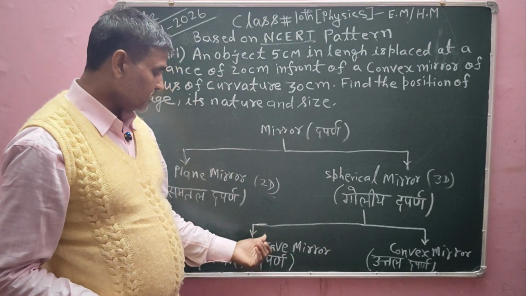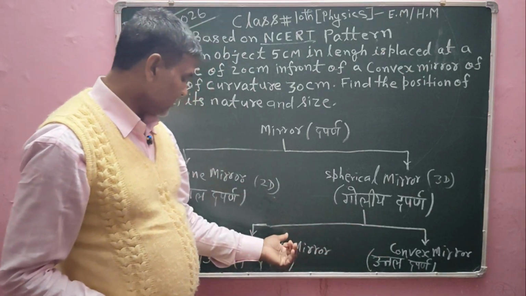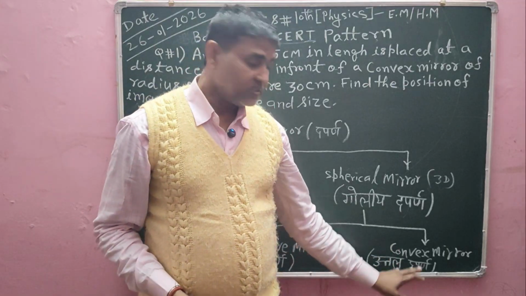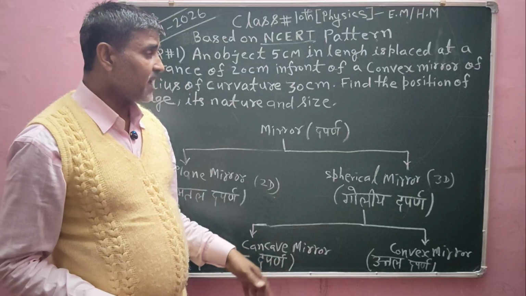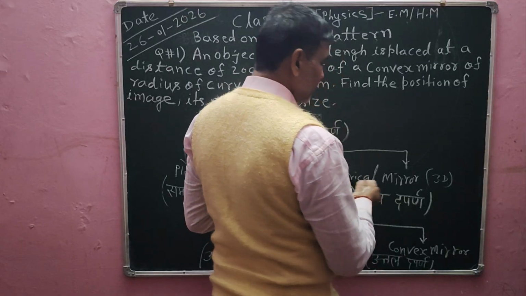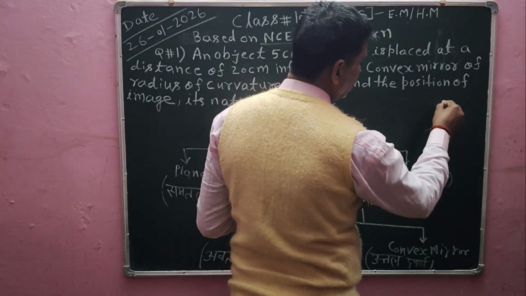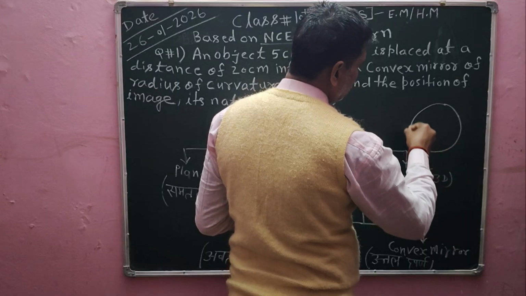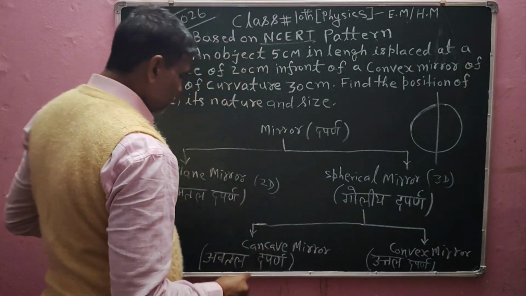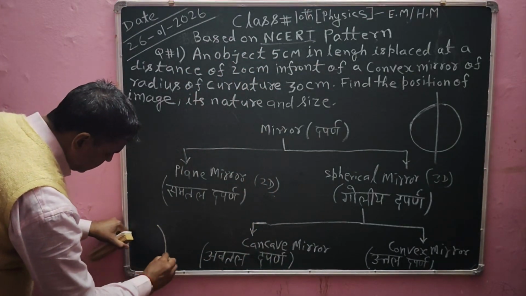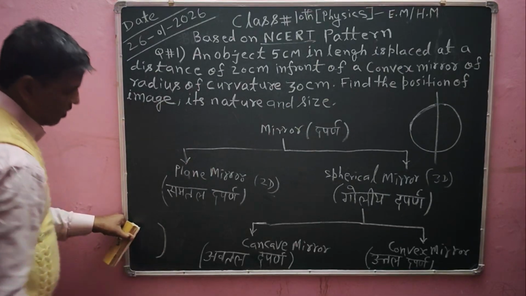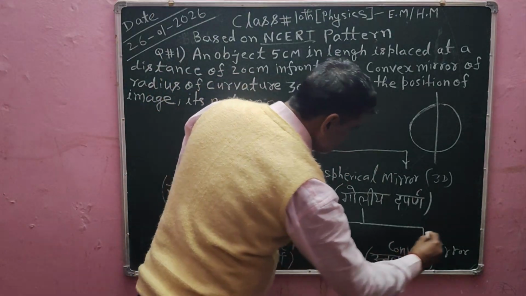तो अब इसको हम 2 तरीके से डिवाइड करते हैं। एक कनकेव मिरर होता है, दूसरा कन्वेक्स मिरर होता है। कनकेव मिरर को अवतल दर्पण के नाम से जानते हैं, और कन्वेक्स मिरर को उत्तल दर्पण के नाम से जानते हैं। हम कैसे इसको रिकॉग्नाइज करेंगे कि मिरर कनकेव मिरर है, तो यहाँ पर पहले एक्सप्लेन कर दिए कि स्फेरिकल मिरर 3D होता है। मैंने एक बॉल लिया और इसको 2 पार्ट में कट कर दिए। एक पार्ट ऐसे ले लेंगे, उसका हाफ पोर्शन ऐसे हो गया, और इसका एक पार्ट इस तरीके का हो गया।